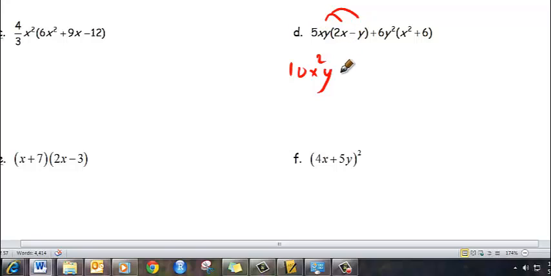Then we do the same thing with the y. So positive times negative is a negative. 5 times 1 would be 5. x times no x is just x. y times y is y squared. And then we do the exact same thing with this 6. So plus 6